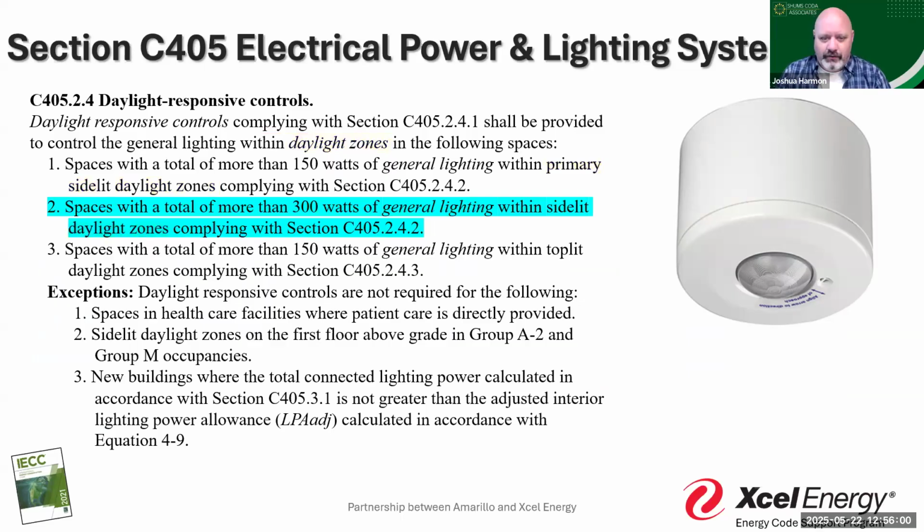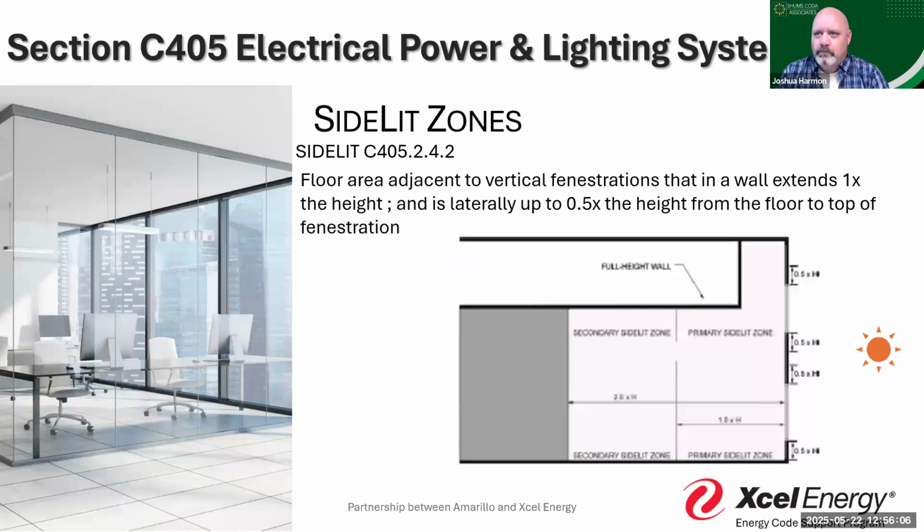What the code is really getting to, and I know we don't have very much time, when the code gets into daylight responsive controls, which if you have questions, we can always talk more about, is if I'm getting natural light through a side window, through a vertical fenestration, it tells me how far that light will extend into the space. And the question becomes how much artificial light is inside these primary and secondary side lit zones, right? Secondary side lit zones became a thing in the 21. Before that, we just had primary side lit zones in commercial, right? You get 1 times the height,